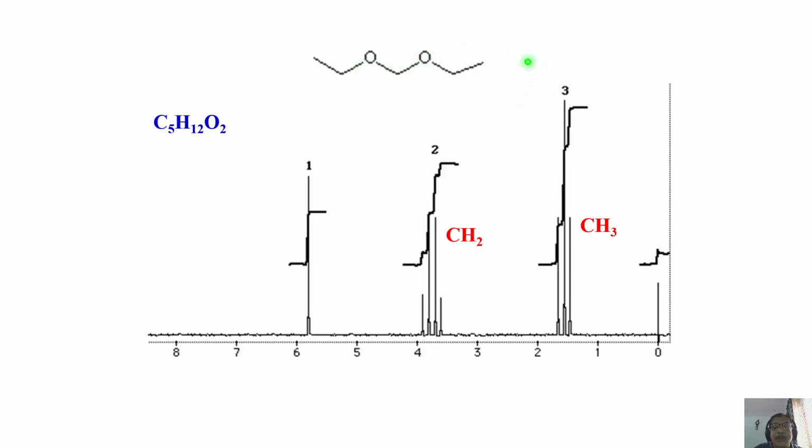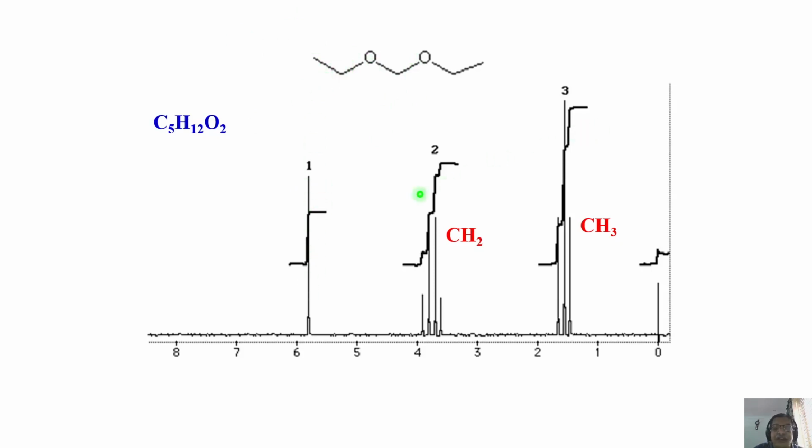Now there is a coupling between them. There is a single chemical bond here. Because of that, this CH3 is split into a triplet because of the CH2. Correct. It is understandable. And this CH2 is split into a quartet because of the CH3. That's correct. What about this CH2? It is separated by 2 or 3 bonds. It is not experiencing coupling with this CH2 or this CH3. So the CH2 uncoupled to any of these groups gives a single peak.